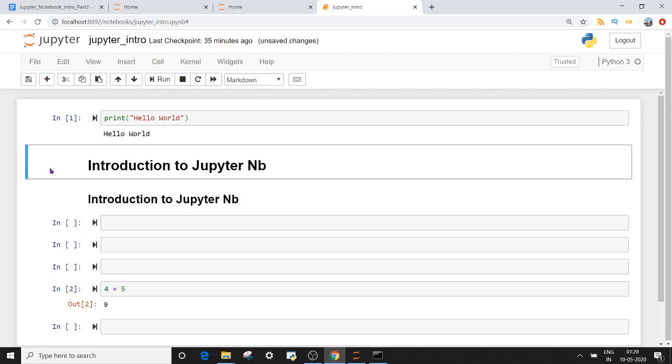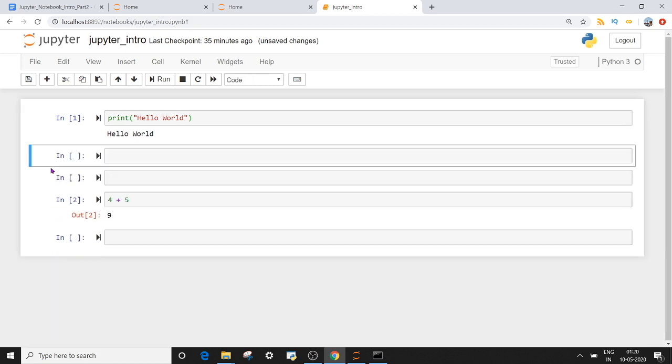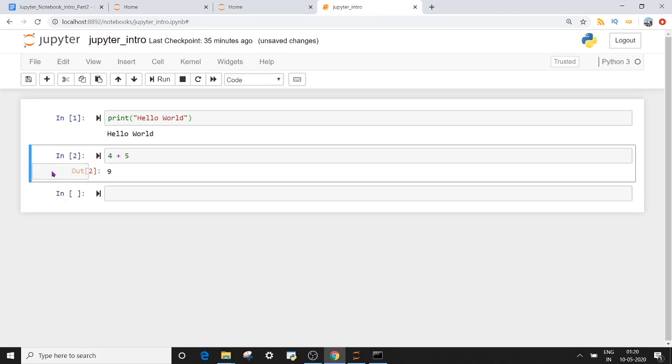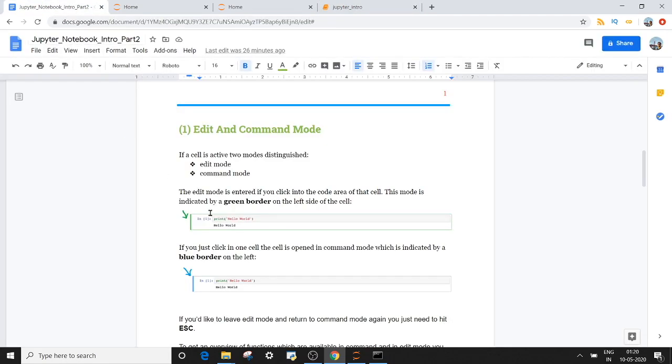Let's see whether the double D command, that means pressing D 2 times on your keyboard, will delete these cell blocks or not, right? So I'm pressing D 2 times now, and yes, it's working. It's deleting my cell block, and you can see it's much faster in comparison to going here and pressing this button, right? So this is the difference between edit mode and command mode.